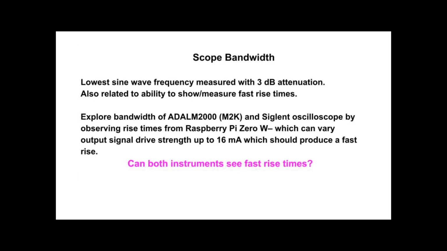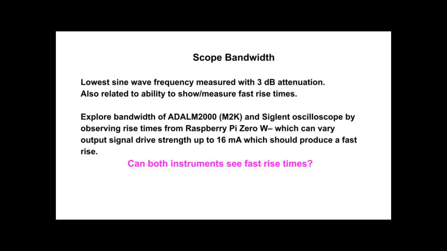A scope's bandwidth can be measured by feeding it a sine wave at a low frequency and noting its amplitude, and then increasing the frequency until the amplitude is reduced by 3 decibels. As we'll see, this bandwidth also determines a scope's ability to measure a fast rise time. A Raspberry Pi Zero should be able to produce a signal with a fast rise time, so we'll measure this using the M2K and a Siglent oscilloscope,